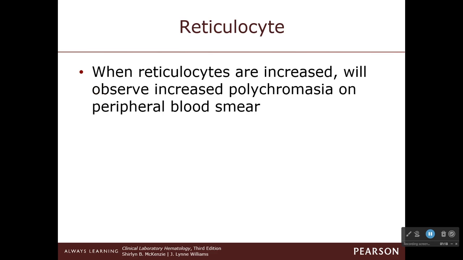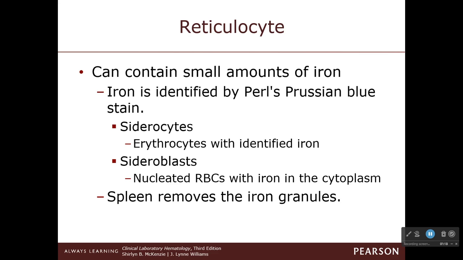So when reticulocytes are increased, you'll see polychromasia on the peripheral blood, like we talked about. Also the macrophages, some can contain small amounts of iron. Iron is identified by Perls' Prussian blue stain. This is something that's very important, these two terms right here. So if you use Prussian blue, sometimes iron can,